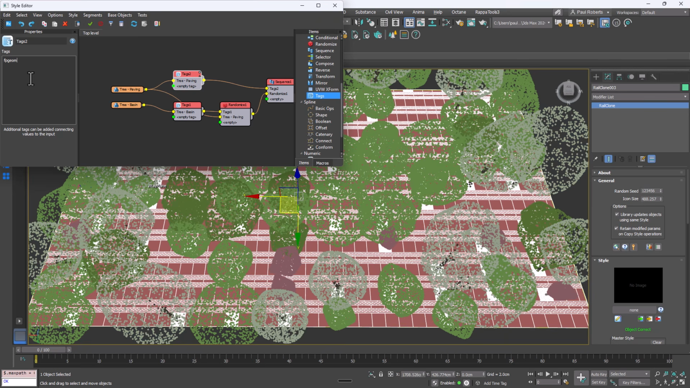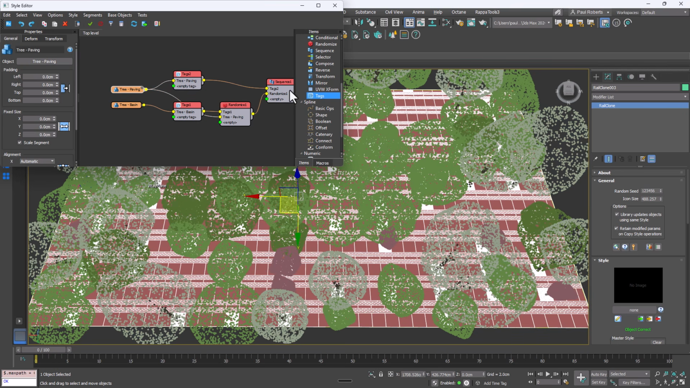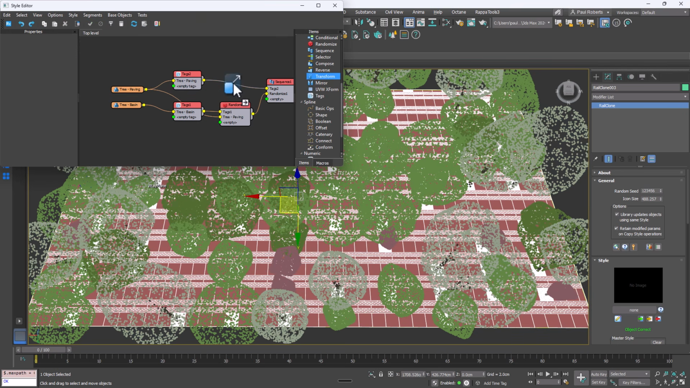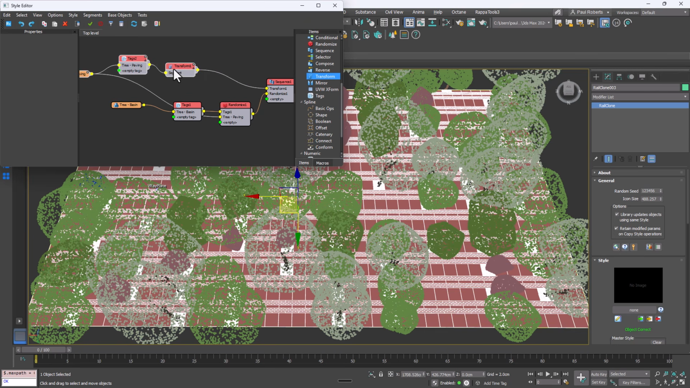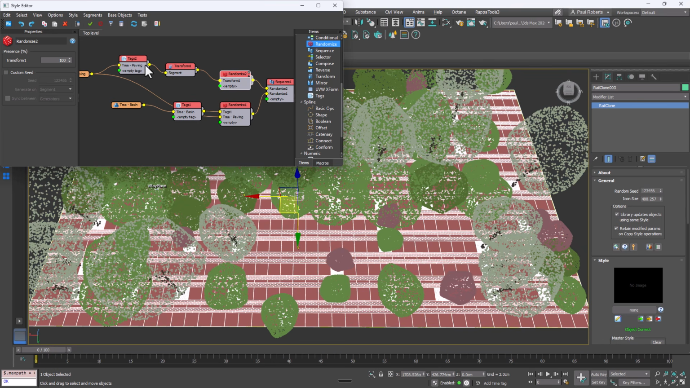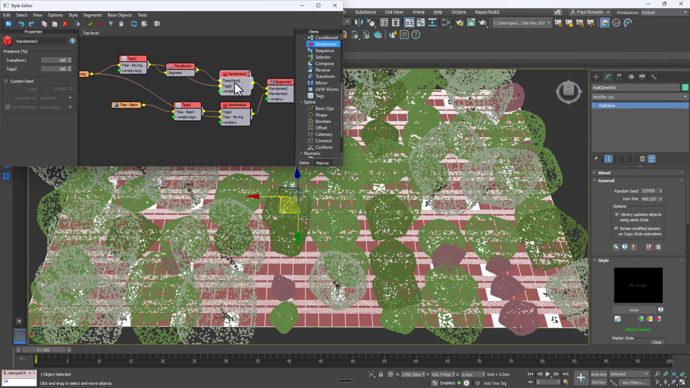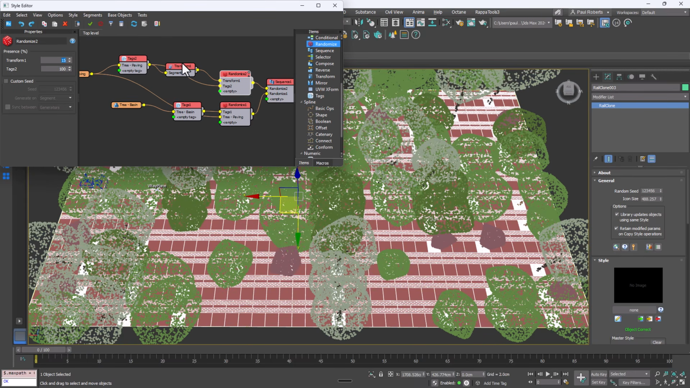So instead of enabling export to forest directly on the segment node, add a transform operator after the tag operator and enable export to forest there. Add a randomize operator and connect both the exported transform branch and the non-exported branch. This allows only a random selection of the tagged paving positions to be exported to ForestPack. I then adjust the probability settings in the randomize operator to control how frequently paving positions are made available for benches. We now have two types of exported RailClone items, the tree basins and a random selection of paving positions